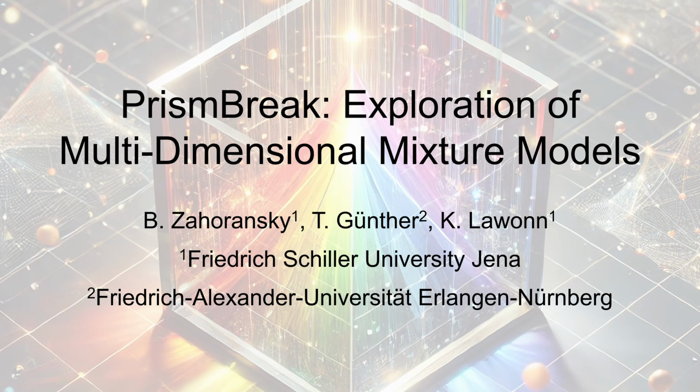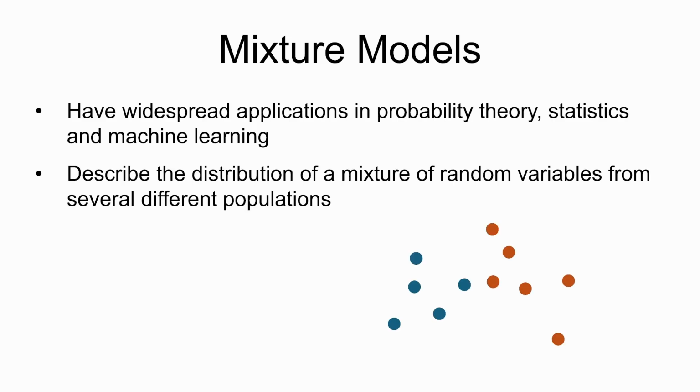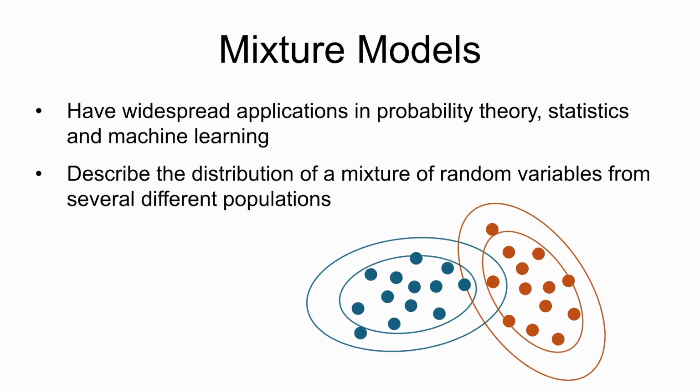This supplemental video accompanies our work on PrismBreak, a tool designed for exploring multidimensional mixture models. Mixture models are widely used in probability theory, statistics, and machine learning. They describe the distribution of a mixture of random variables from several different populations. Mathematically, the probability density function of a mixture model is expressed as a weighted sum of the density functions of